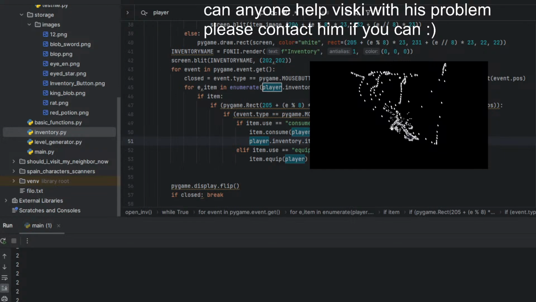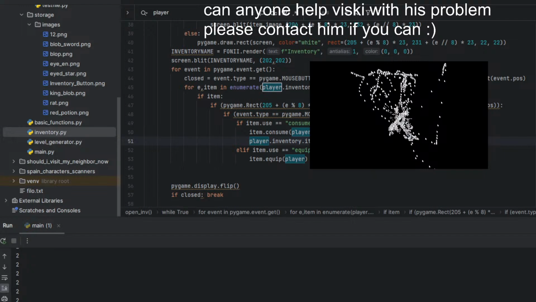One second. I will be there for you soon. I'm trying to generate an image of a sword, you call it sword.